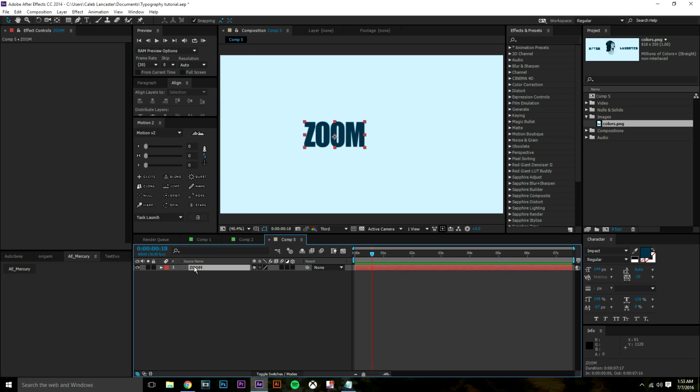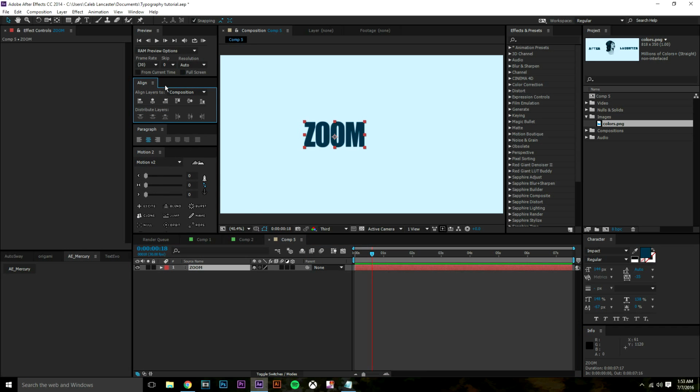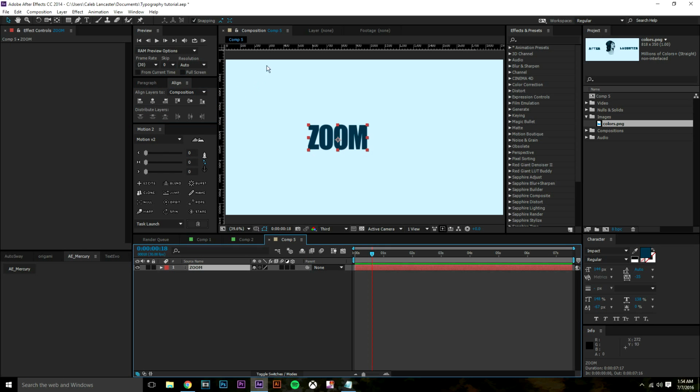And one thing I should probably point out just to start this off is the align tool. If in typography, it's probably going to be your best friend. Align is very, very helpful. Use it all the time. I find it one of the most helpful things because basically what it does is in your composition at all